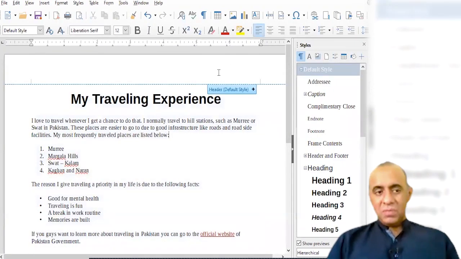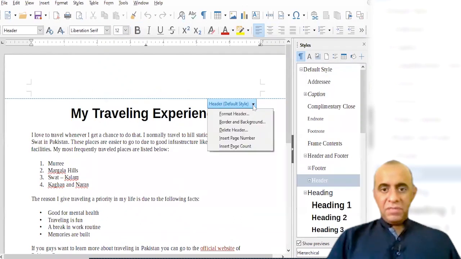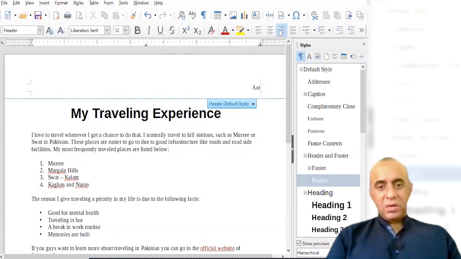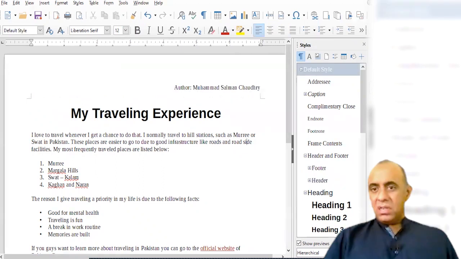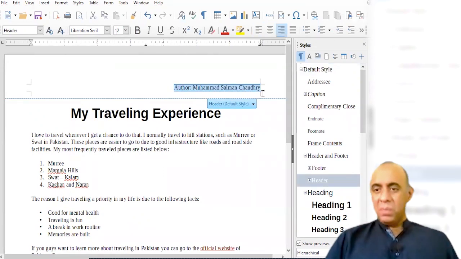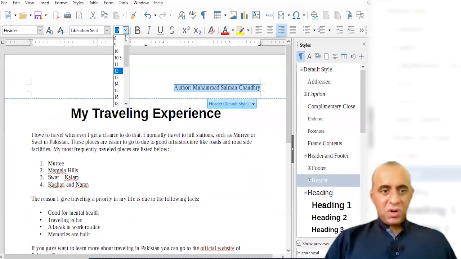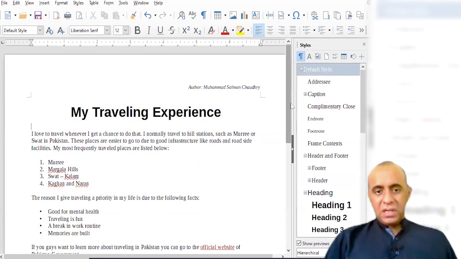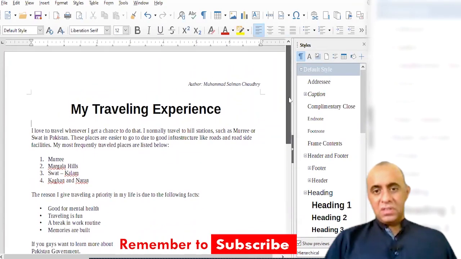For example, if I'm going to write over here, I will have to press this plus button, so it is going to add a header. I'm going to right click for right alignment. I'm going to write down my name after typing author, and I'm going to type my name, right? This is something that may look good for my organization. So let's change the font size to 10 and change it to italic, just so that it looks really different from the rest of the standard page.